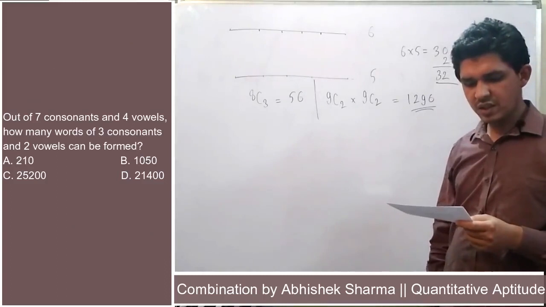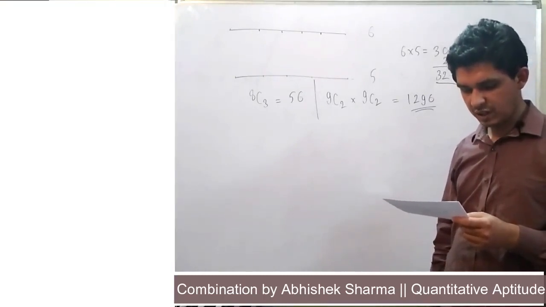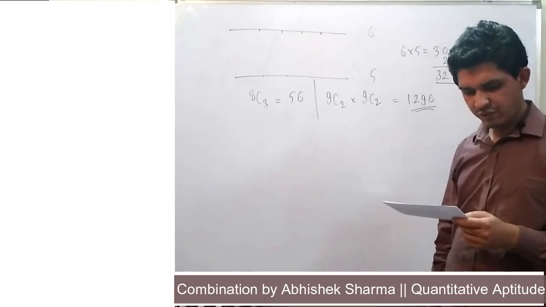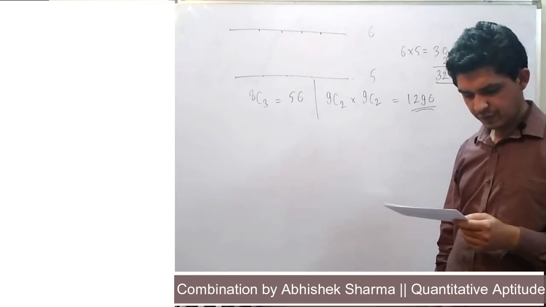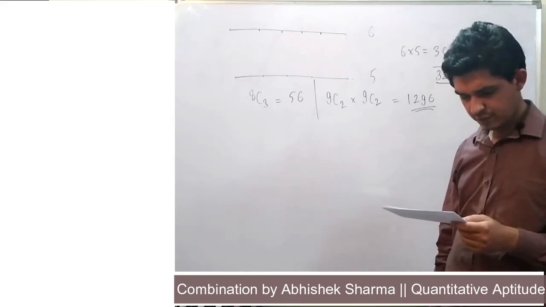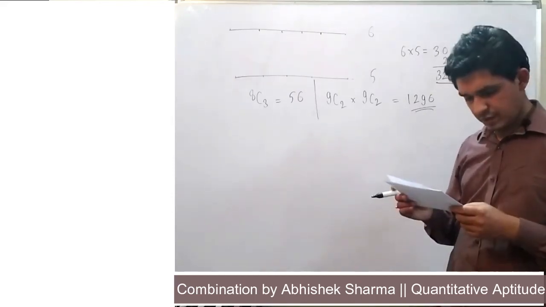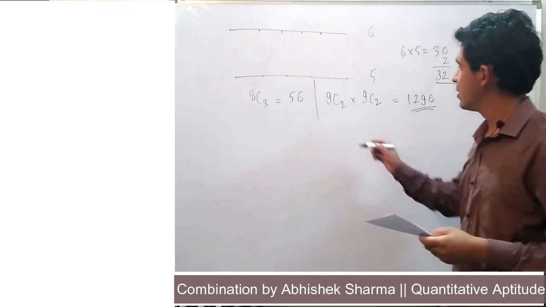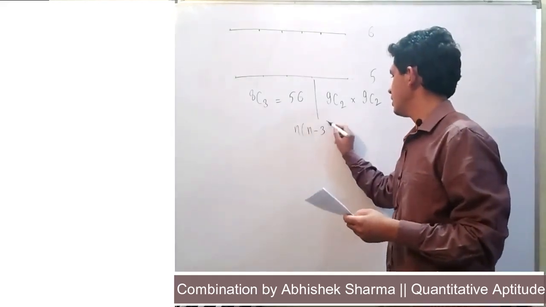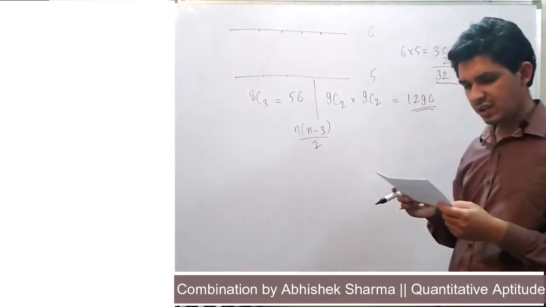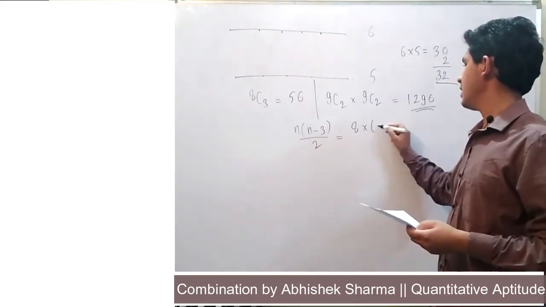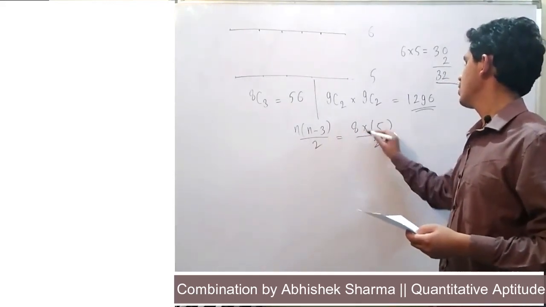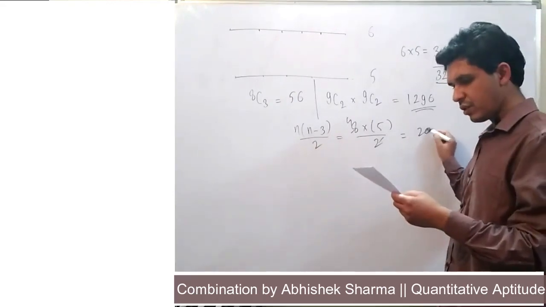The second question is the number of diagonals of a decagon. The number of diagonals of a decagon can be written as n multiplied by n minus 3 divided by 2. So in a decagon we have 10 sides, 10 multiplied by 10 minus 3, that is 7, divided by 2. So the answer we will have is 35 here,